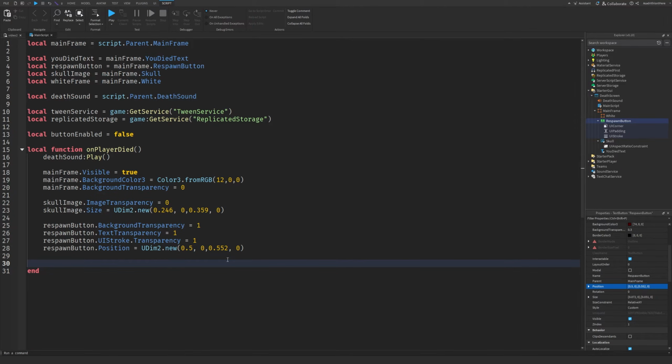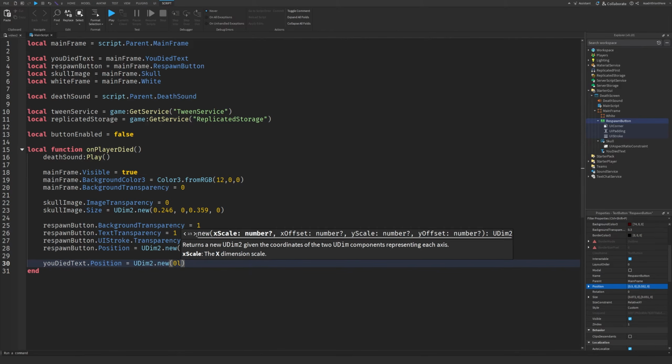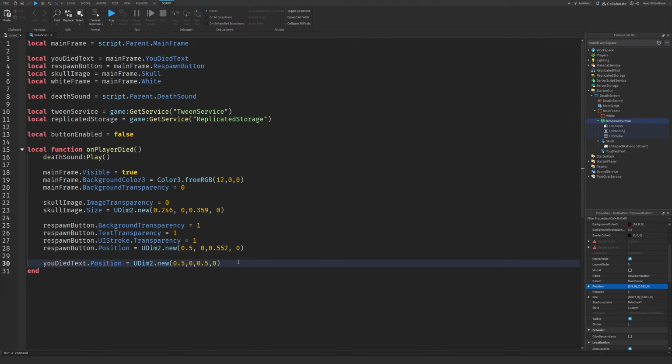Next we'll do the UDI text, so we'll do uDiText.Position equals UDim2.new, and your position should be 0.50, 0.50, and if it isn't, that means that you didn't change your anchor point. So make sure you change your anchor point. So next we'll do uDiText.Visible equals true,